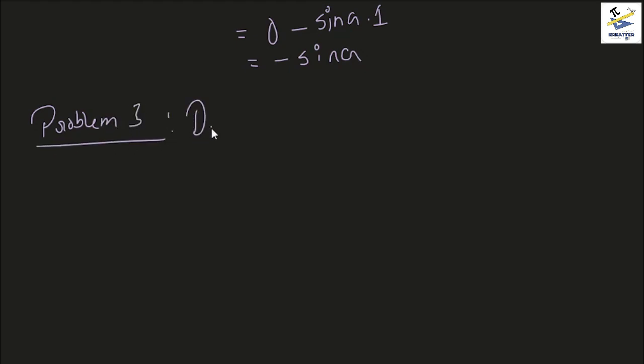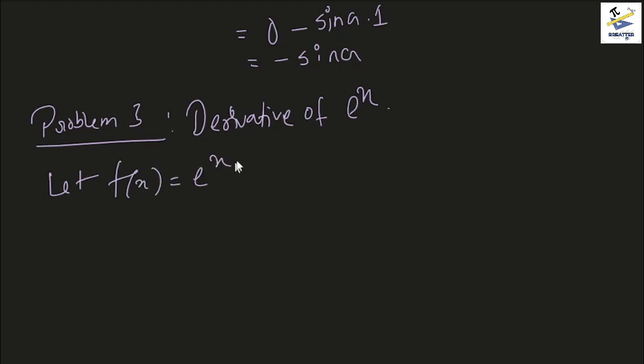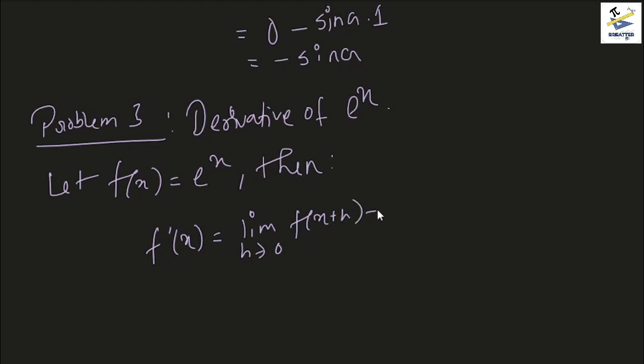the derivative of e to the power x. So let f of x equal e to the power x. Then let us evaluate the derivative at the point x itself. So what we are going to do is write it like this: limit h tends to 0 of f of x plus h minus f of x divided by h. Okay,